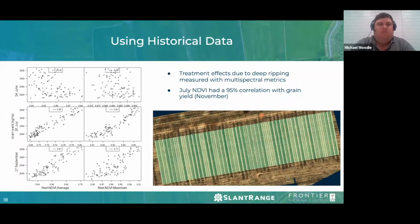You can see there, obviously, the picture from the platform shows that there were quite a lot of differences. You can see the quite green plots compared to some of the lighter shaded plots. But the thing I wanted to point out within this